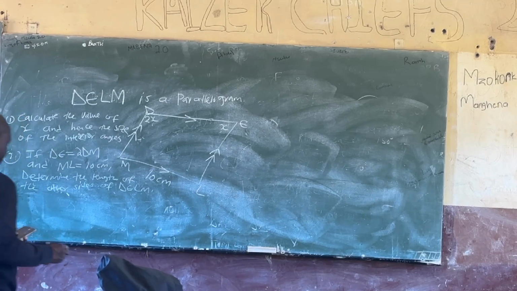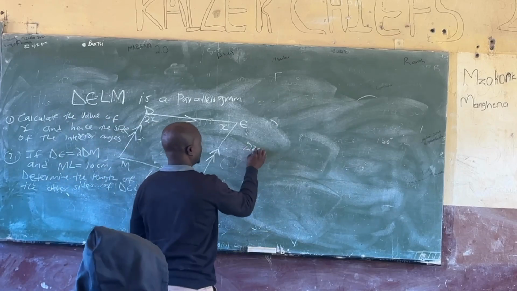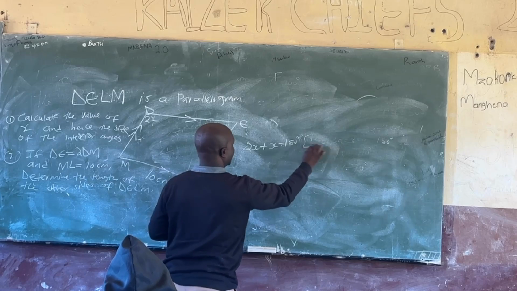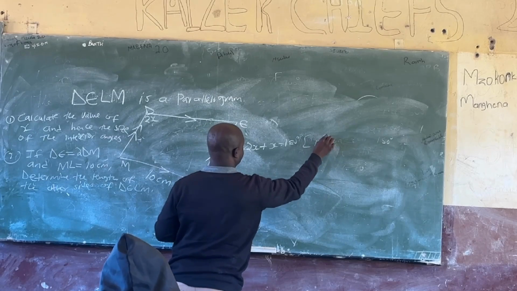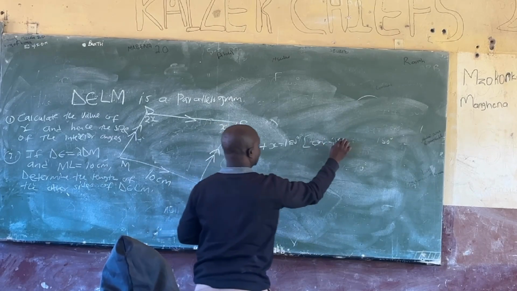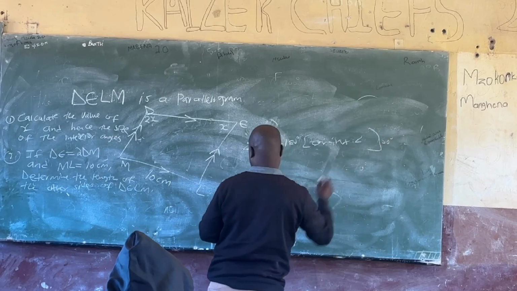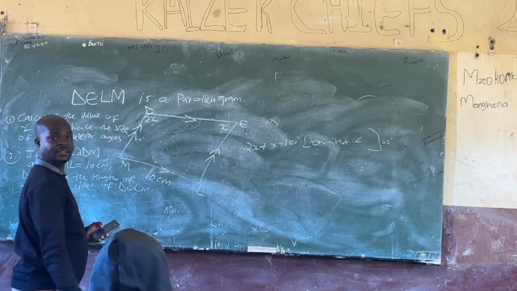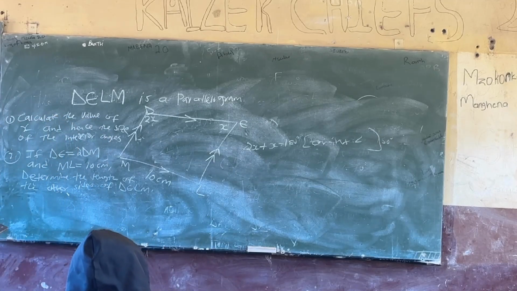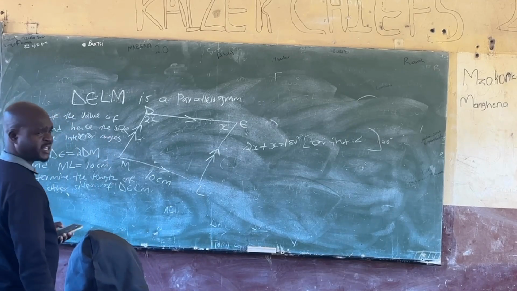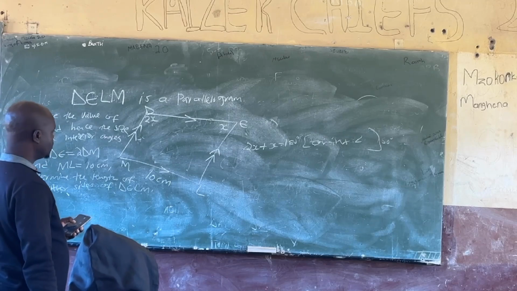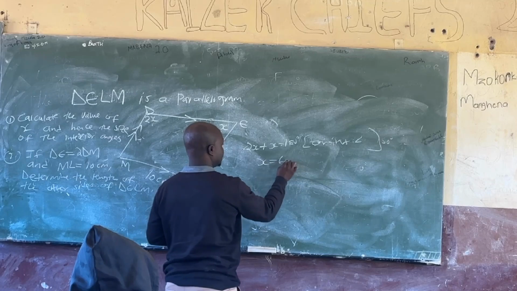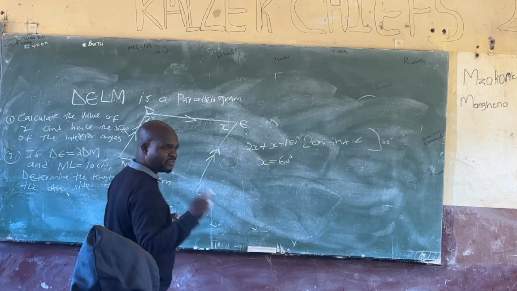Write it down. 2x plus x equals 180 degrees. Then you give the reason. Co-interior. Tell me. That's a co-interior angle. Then don't forget to indicate the lines that are parallel. The co-interior angle. Can you solve for x then? Yeah, x is equal to 60 degrees. He's saying x equals 60. 60 degrees. If x is 60,